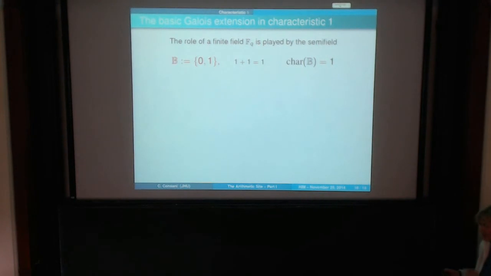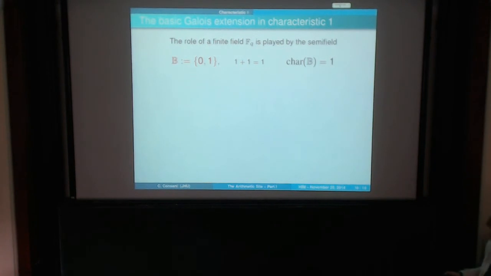Sorry. No, and also the equivalence class. In fact, it's a single point in this case. So then, final part. So then the role of the finite field Fq here is played by another basic